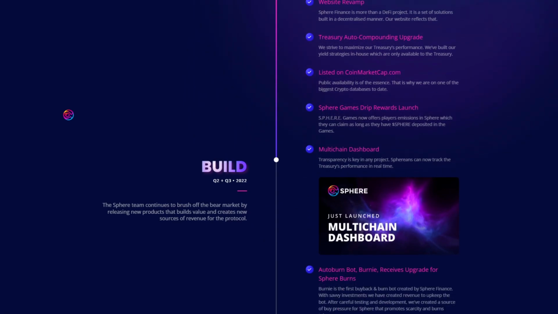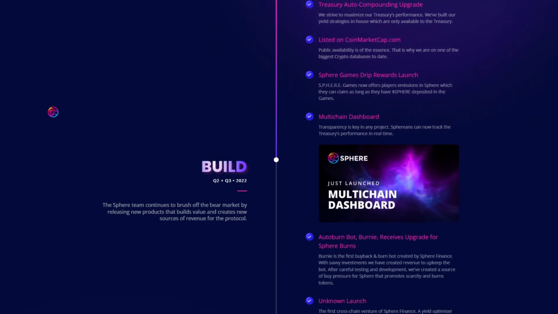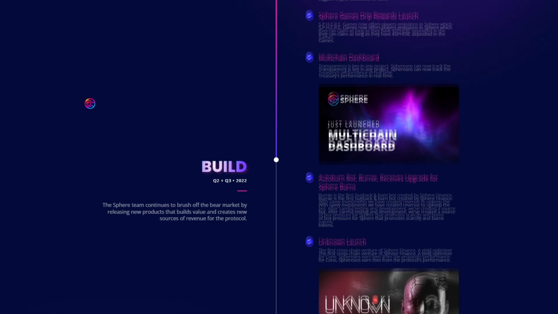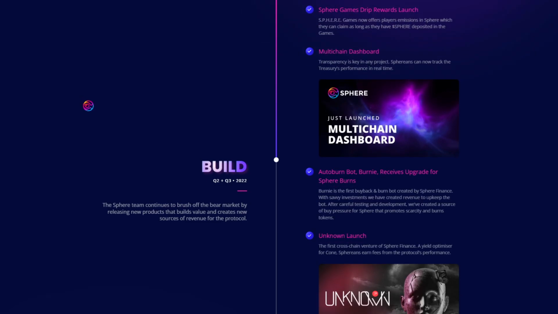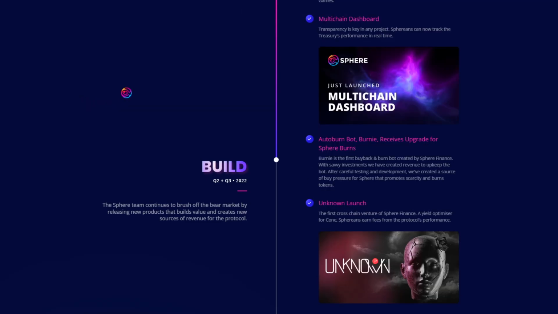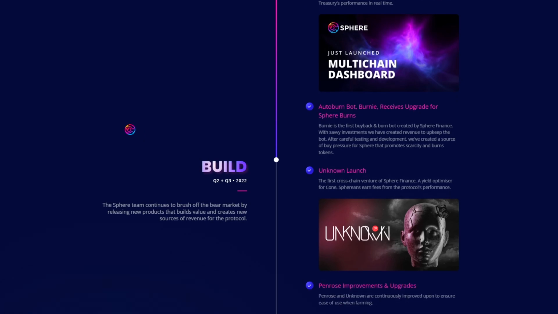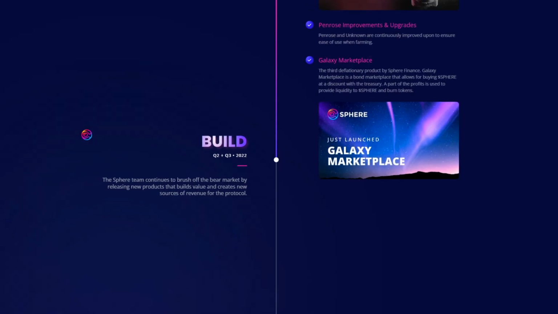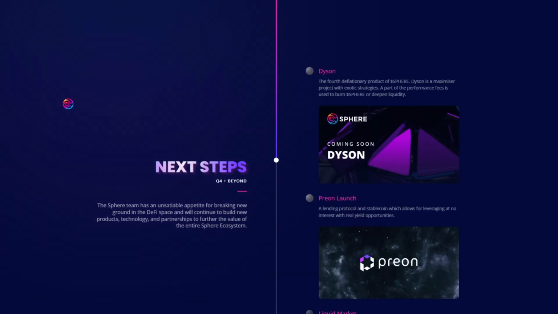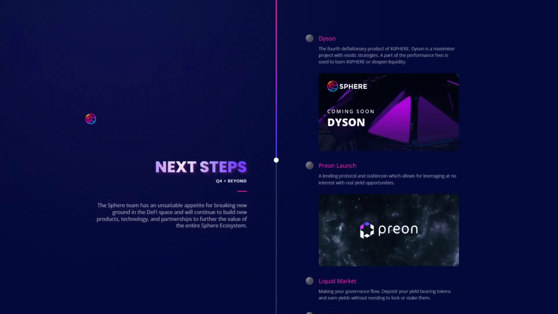farming strategies, an upgrade to the Sphere games, and the inclusion of non-inflationary drip rewards to the Sphere games, the release and upgrade of our beloved buy and burn bot Bernie, and the launch of Unknown and Galaxy Marketplace. The next steps will then be in Q4 2022 and beyond, where Spherians can expect the launch of Dyson, a